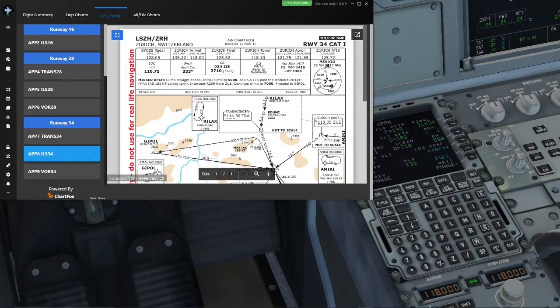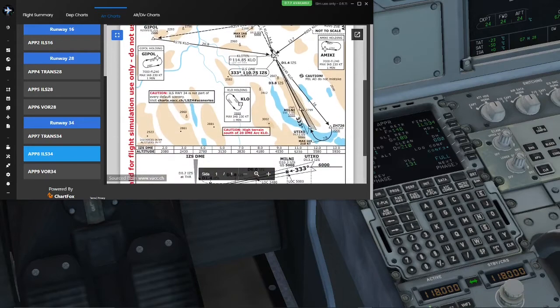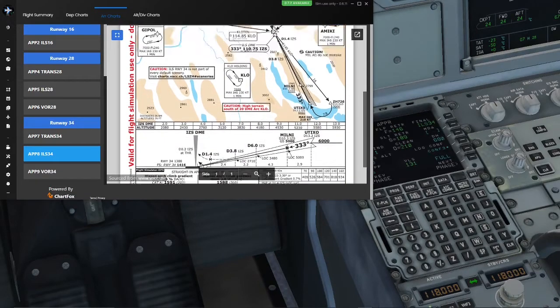Alright, yeah, so now we're gonna look at the missed approach. Climb straight ahead, initial climb 5,000 feet at 5.5 DME. Past the station, turn left. Max IAS 185 during turn. Intercept radial 259 from Zulu Uniform Echo. Continue climb to 7,000 feet, proceed to Gipol. And you should hold at Gipol to reconfigure and then go direct to Utixo